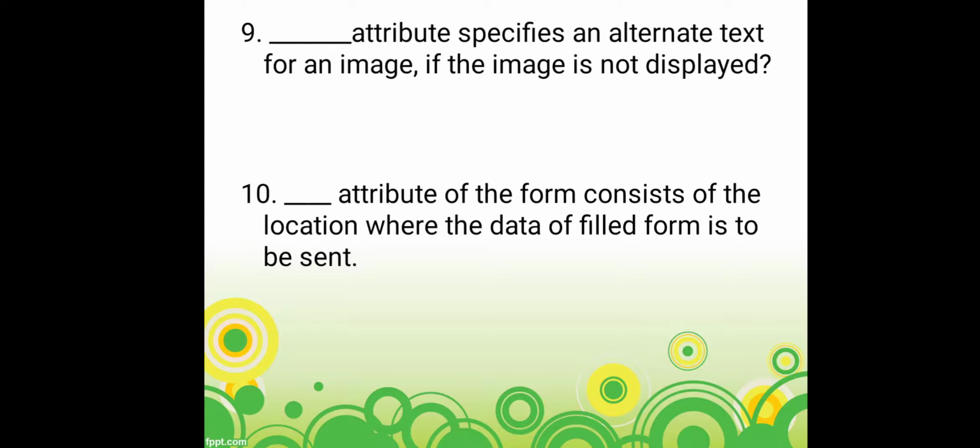Let me see what you have taken. Yeah, many students have written alt and also alt attribute. Now see, the answer is correct, alt attribute, but the sentence would be alt attribute of the form. Why two times attribute? Attribute is already given, so the only expected answer was alt, right?